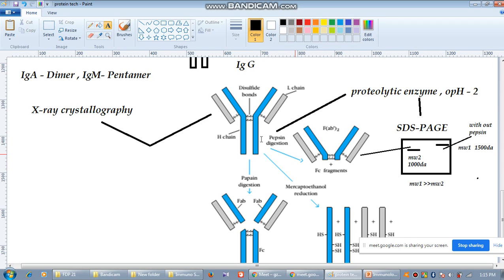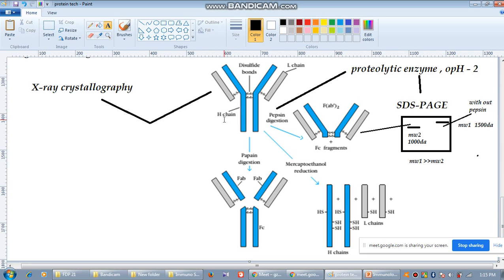Understood? So what we came to know, after digestion of the whole molecule by pepsin, we only get one band. Now this is untreated, so this is your control. But in the test, you get only one band, which is approximately 1000 Dalton. Now, next step. In the next step, what we did, we took the same globulin molecule, but this time we